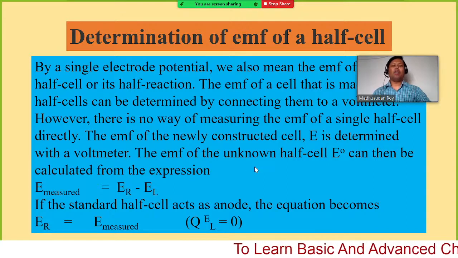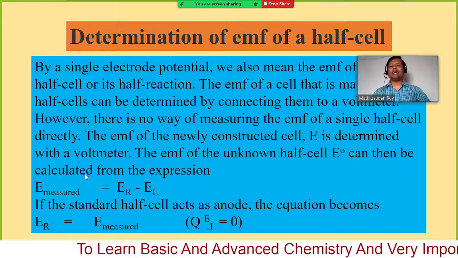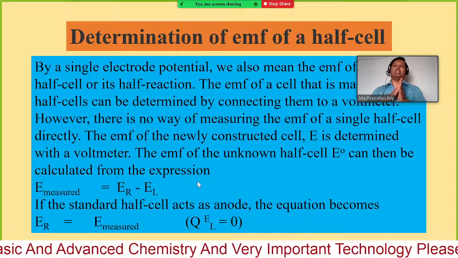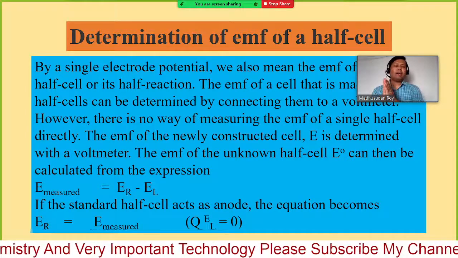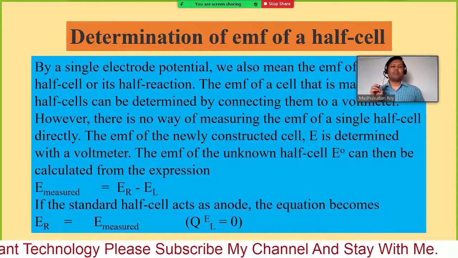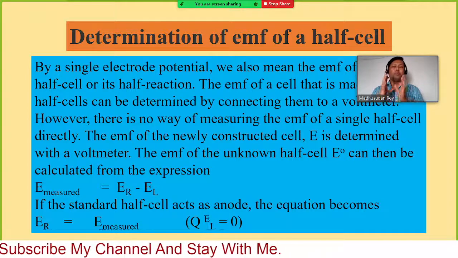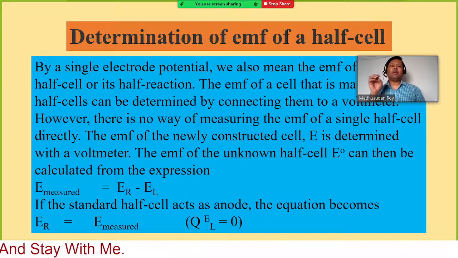The EMF of the unknown half cell E can then be calculated from the expression. Let us consider you have prepared a cell. One part of the cell, that means one half cell, you do not know. You have prepared a full cell, but one of the half cells you are familiar with, you know the electrode potential of that half cell,